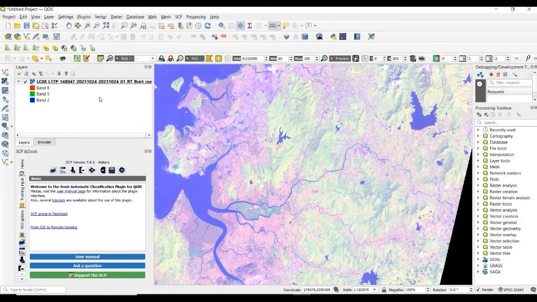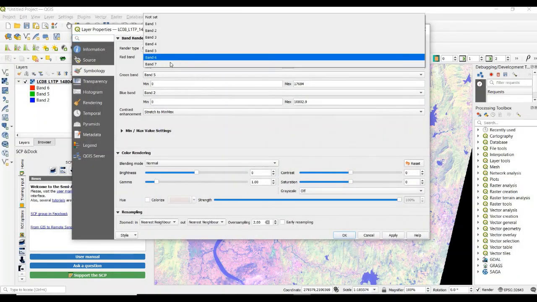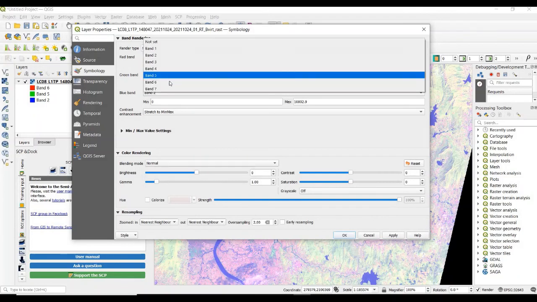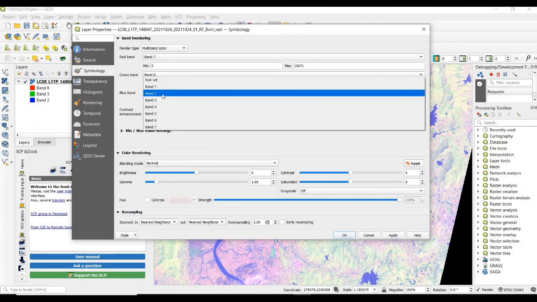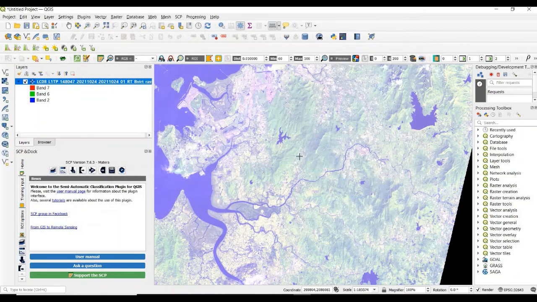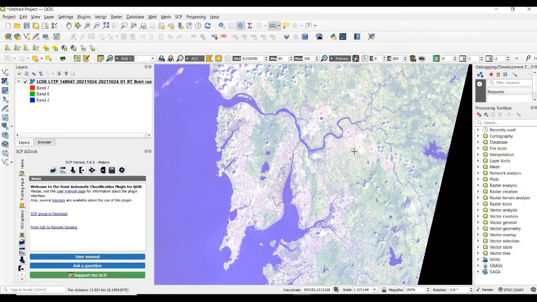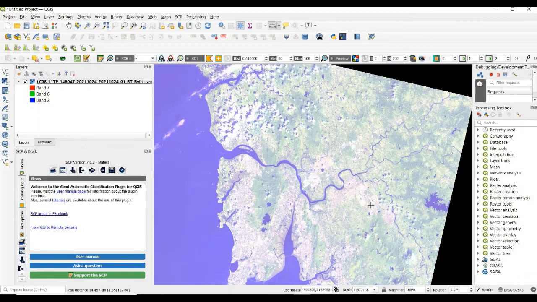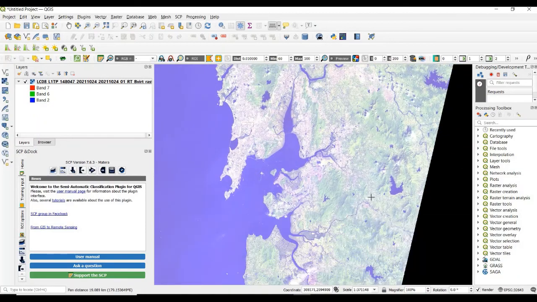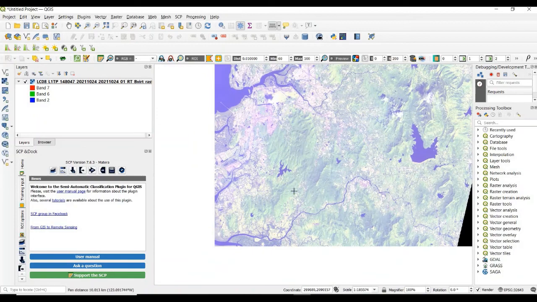Let's see. 7, 6 and 2. Apply and OK. So we can see the difference between the previous image and current image. We can easily identify the hilly region and flat area.